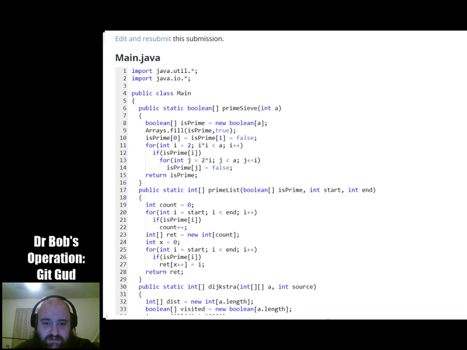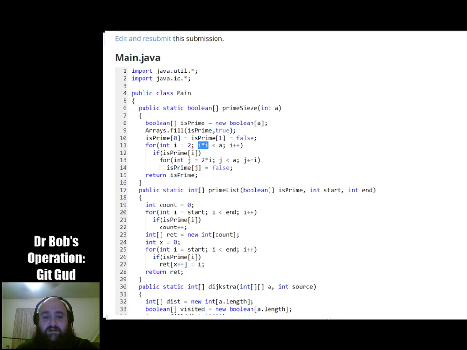Now, this fills it in with true. So you start with everything true except 0 and 1, you set those to false. Then you go through from 2 until the square root of A, essentially.